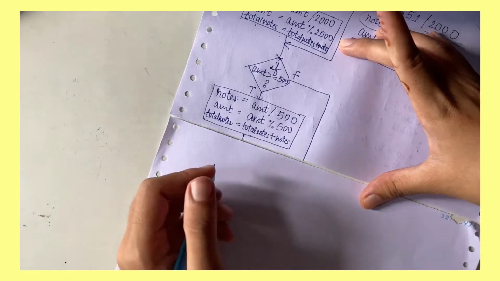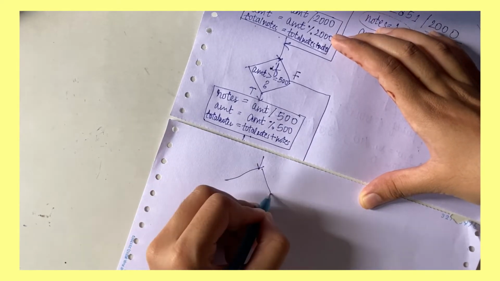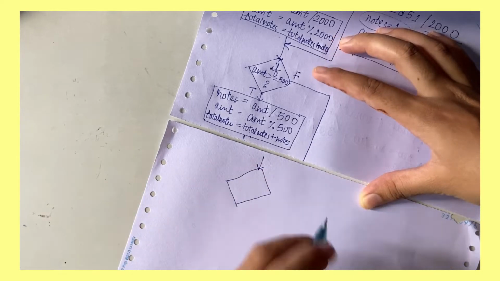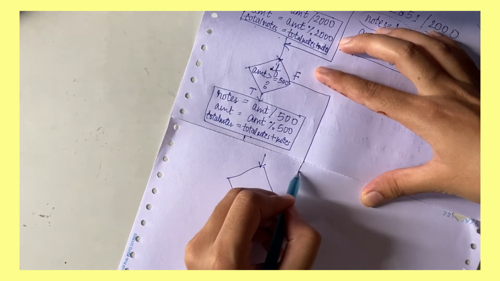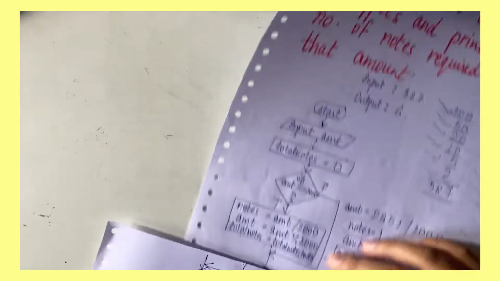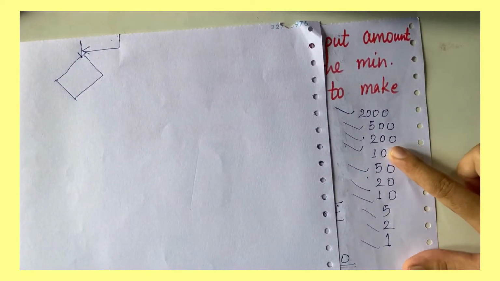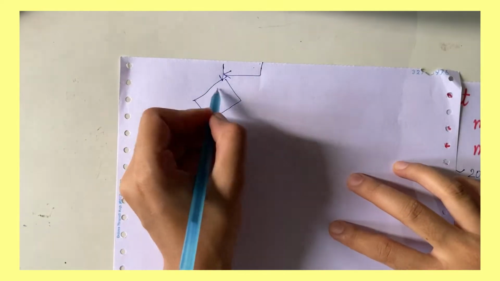How will we connect this? This will connect to another if else block, and this false will connect here, right, as we did in this case. So yes, after calculating the 500 rupee note, we have here for 200. For 200 we will write